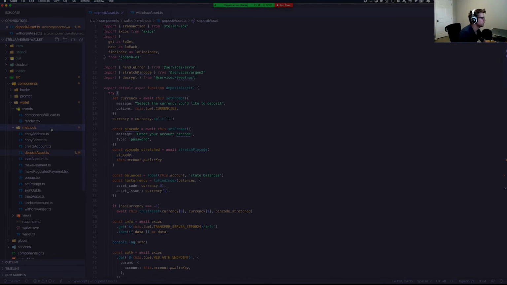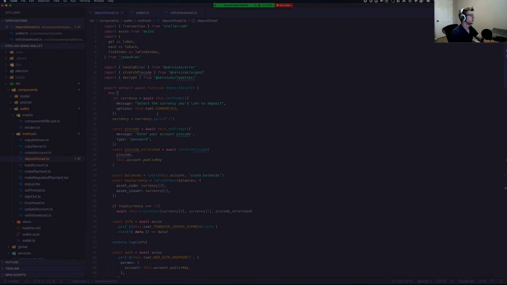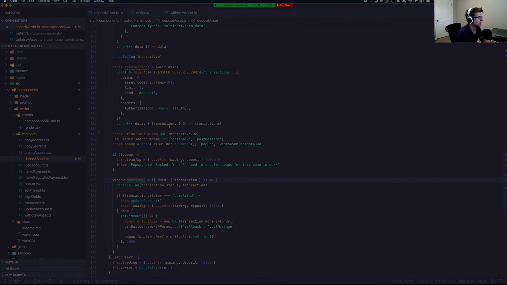So all you would have to do is create a list of home domains from which to look up the TOML files for these different services. So Anchor USD and Settle and other anchors in the Stellar network, you would say, these are the entities which I would like to allow my users to interact with, deposit and withdraw. And then they can very easily begin to